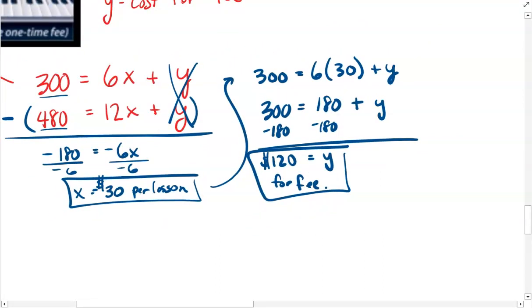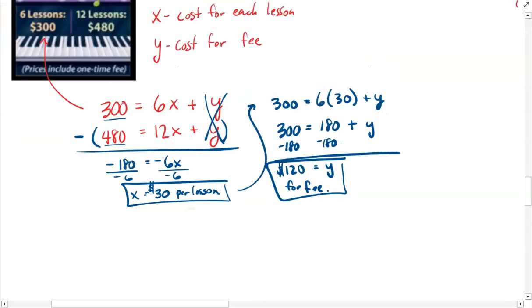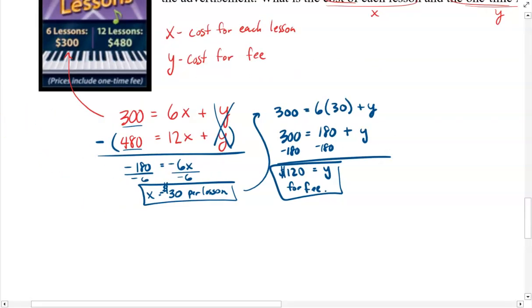So I hope these examples help you better understand this notion of systems of equations, and I also hope that you realize that the algebraic method sometimes is really nice and perhaps even quicker than using a graphing or a table method that we saw in the last videos. It will require a little bit more algebraic work, of course, but that's the trade-off. There's a benefit to using the algebra as opposed to what I would say is brute force by graphing and setting up a